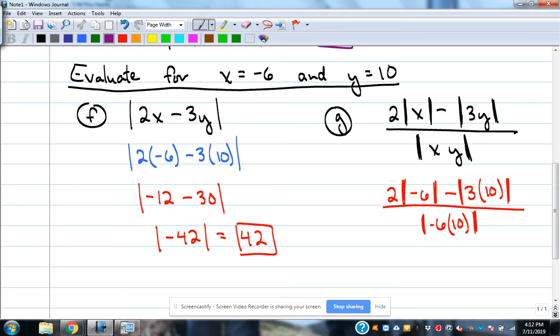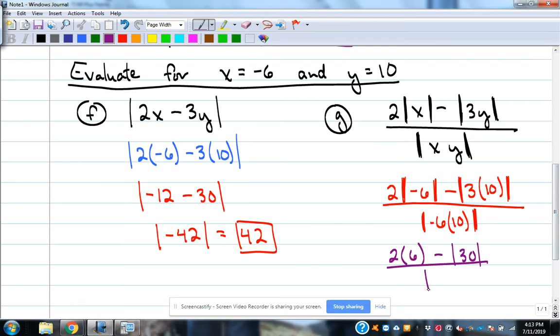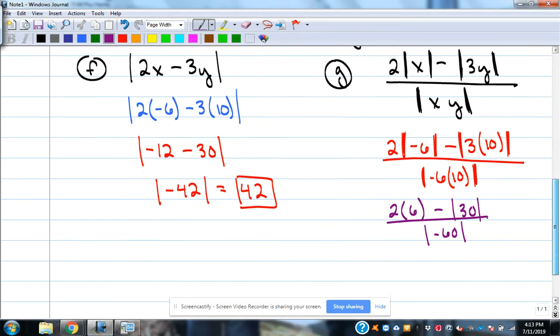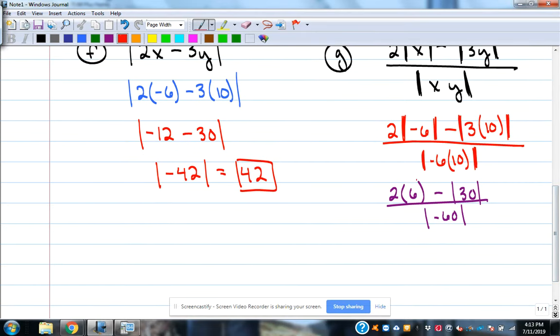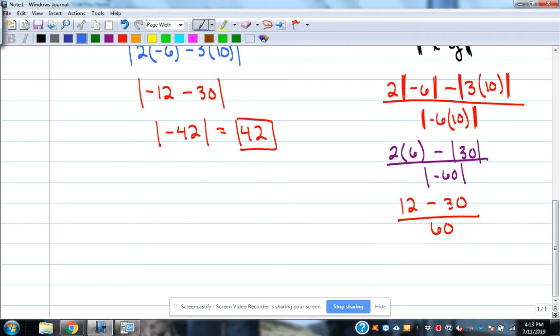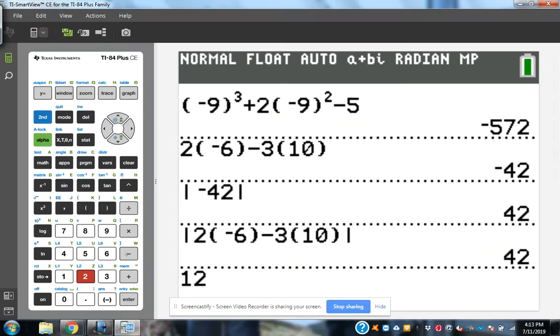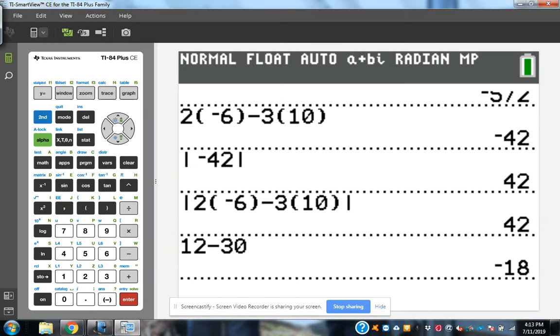So the absolute value of -6 we know is 6. So I'm just showing every step here. And then we got absolute value of 30 under there, inside of that. And then on the bottom, we got absolute value of -60. So I'm just showing every single step that's happening there just so we know where things are coming from. So that'd be 12 minus 30 over 60. So it's just evaluating that multiplication and then the absolute values. And then the last step would just be, do that subtraction. 12 minus 30 is -18